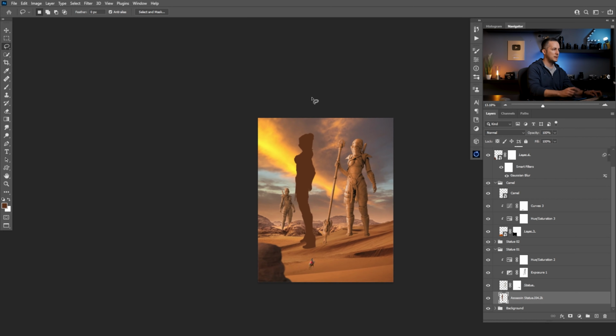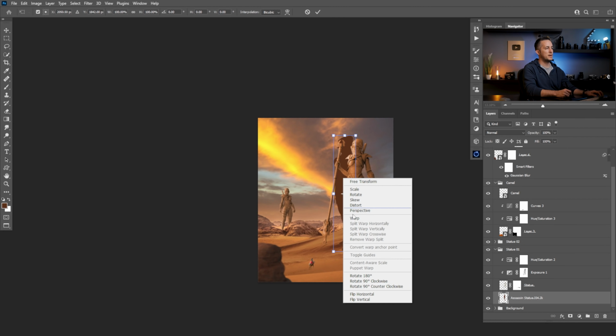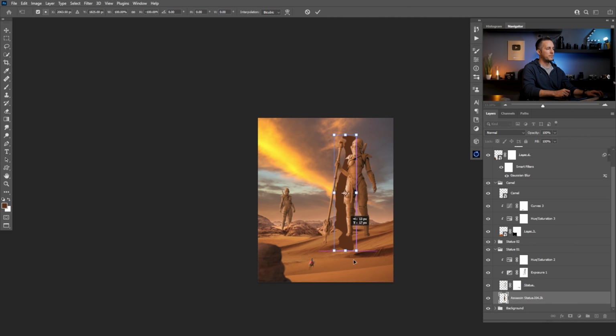So again, the same thing, just delete them, Control Command T. Yeah, I have some more here. I don't know what it is, I don't see it, but I just want to delete it. Again, I have more of them. So what's going on here, guys? Delete, delete, delete. Control Command T. Yeah, that's better. Okay, flip vertical, put it right there,